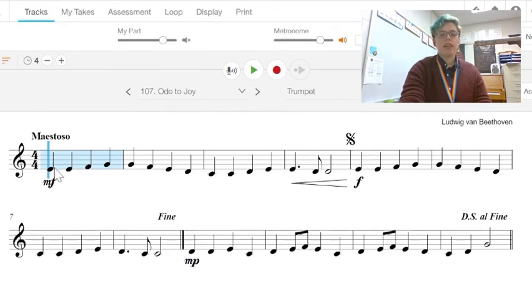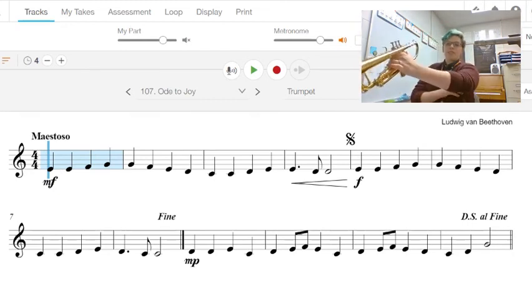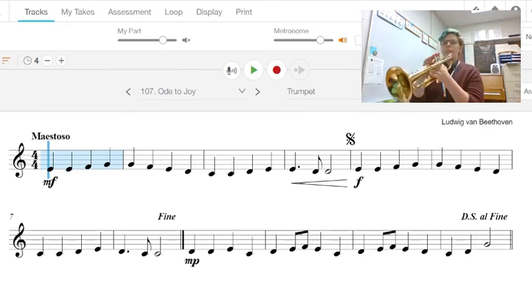So we're going to start at the beginning, play all the way through the first line, play all the way through the second line, but then we're going to go back to measure 5, play through there, and to the end, okay? Don't forget to go back here, not to the beginning. Okay, let's do the whole thing together. Remember the dynamics. Remember your notes. 1 and 2 and 3 and...